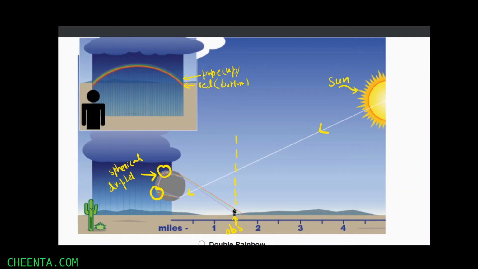So if I draw the two cases in a single picture, you can see that the color arrangement of the primary rainbow and the secondary rainbow are different. Here it is the reverse of the secondary rainbow. So I hope it is clear that two rainbows are created. The first one, the primary one, is created when there is a single reflection inside the droplet, and the secondary is created when there are two reflections inside the droplet.